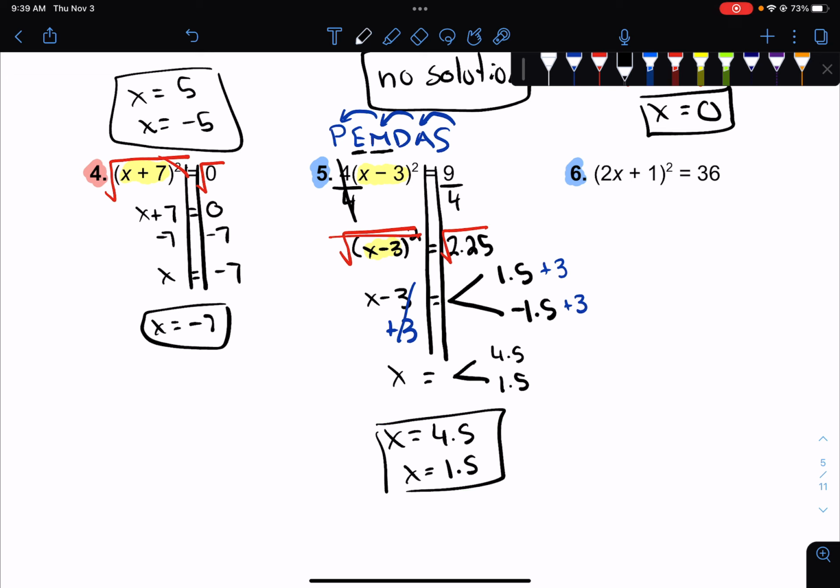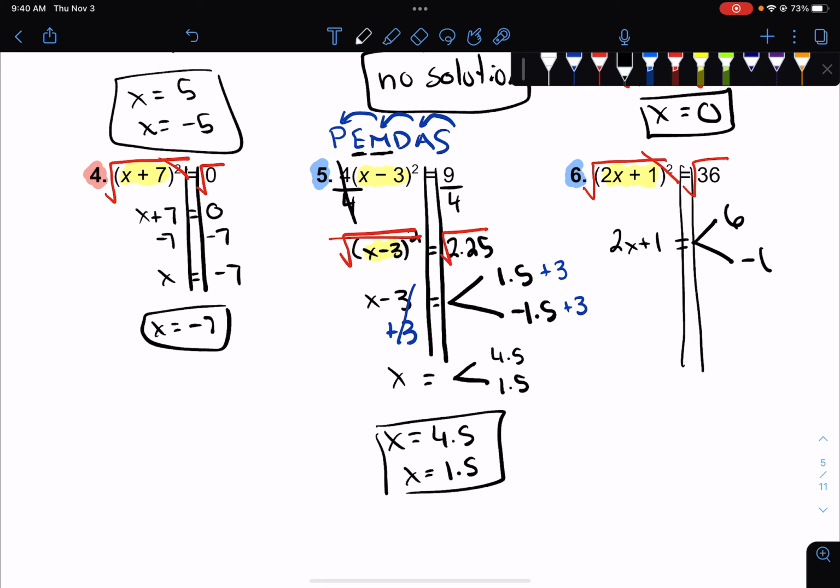Okay. All right, number 6, 2x plus 1 is on the inside, so I'm not allowed to touch that yet. I've got to get rid of that square on the outside first. So I'm going to square root the outside because there's nothing else on the outside. And that's going to make the square go away. So on the left-hand side, I've got 2x plus 1. On the right-hand side, I took the square root of 36, which is a positive number. So I get a 6, but I also get a negative 6 because I took the square root of a